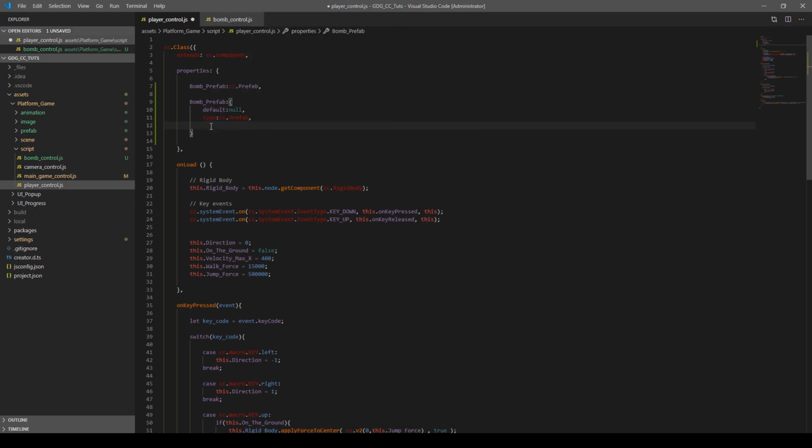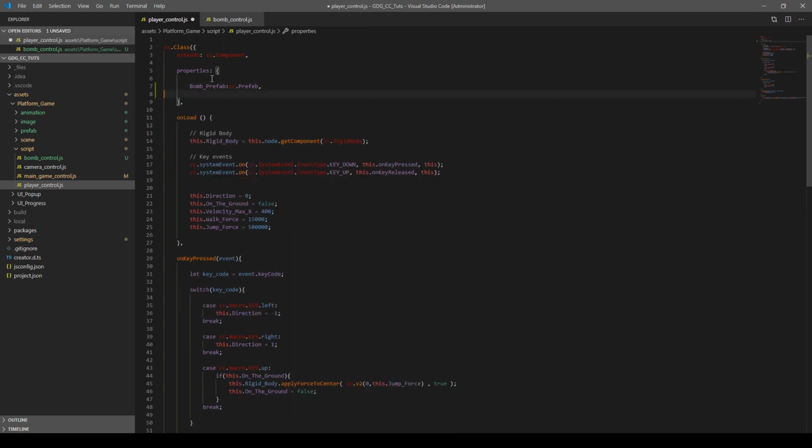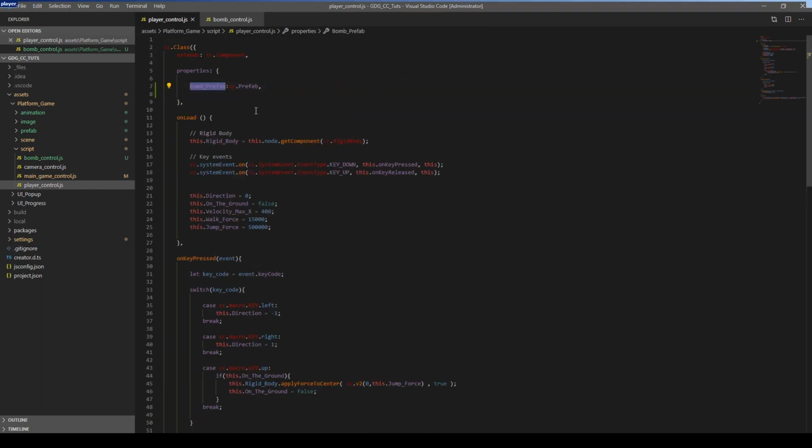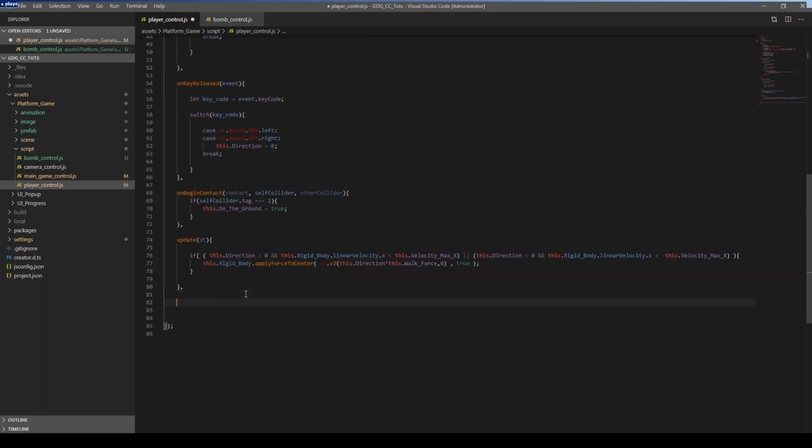Please check the manual for Cocos Creator attributes. Also, please check the links in the description, so I will include this documentation link here. Okay, so I will keep it in the short method. We have a bomb prefab here, and I want to add